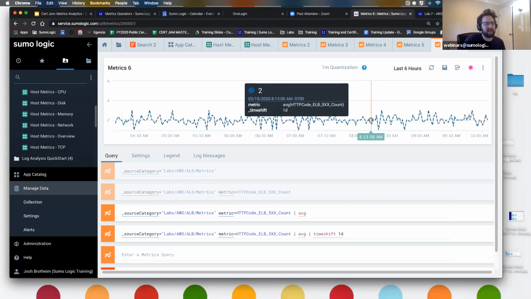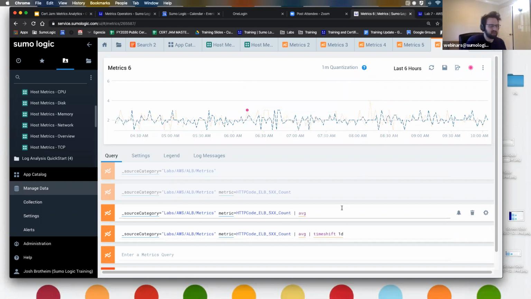Maybe that's concerning. Maybe I now want to zoom in on that moment of time and figure out why today we're getting so many more 500 error counts compared to yesterday. Maybe new code, maybe the server's down, maybe. But these are starting to give me those metrics to start to see those things